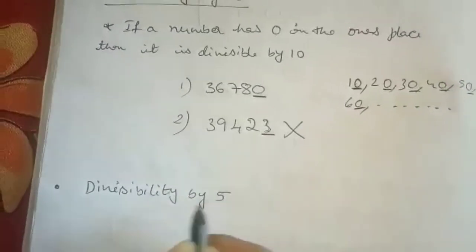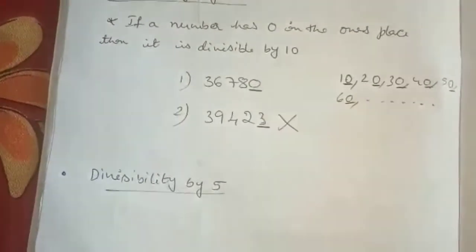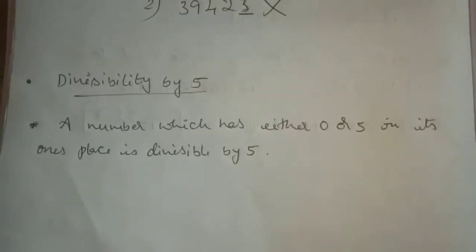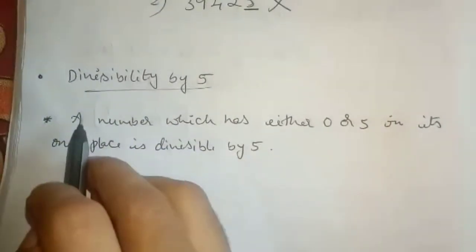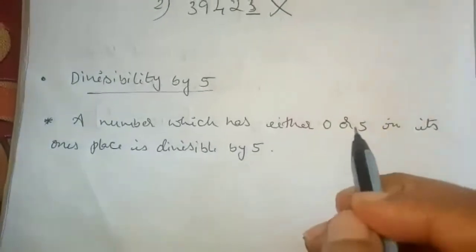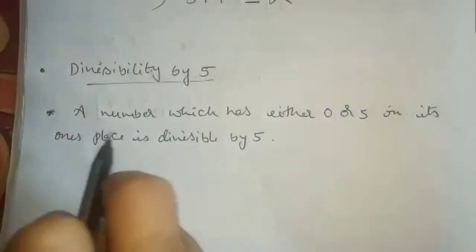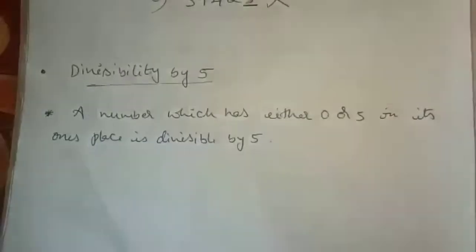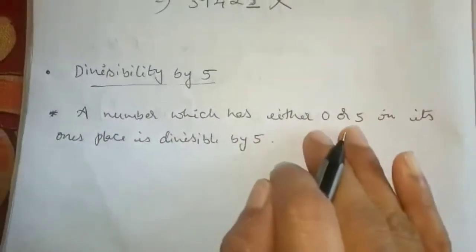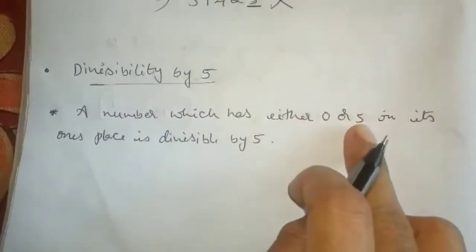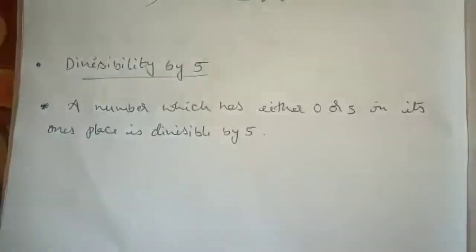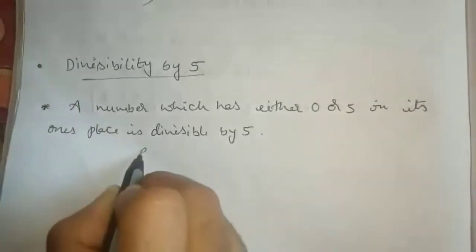Next, divisibility by 5. A number which has either 0 or 5 in its ones place is divisible by 5. So here what you have to see is, in the ones place, if you have 0 or 5, then we can say that it is divisible by 5. For example, if I take